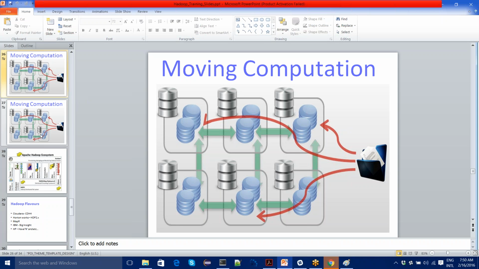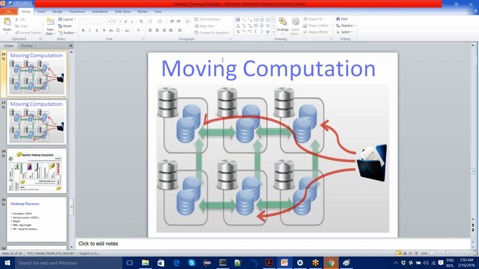And the main advantage of Hadoop is that the slave nodes also use the RAM and computation ability of that particular machine in the cluster. So it will use the internal storage of the slave and also the computation ability of the slave server.